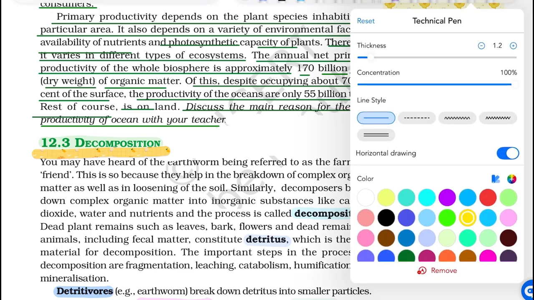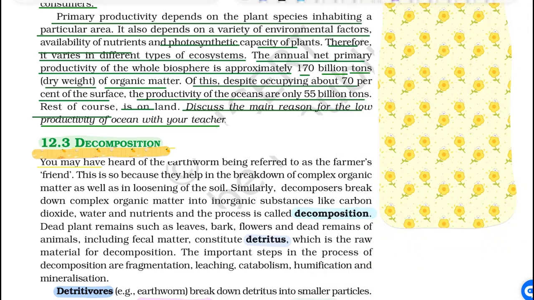Coming to the next heading, that is decomposition. You may have heard of the earthworm being referred to as farmer's friend. This is so because they help in breakdown of complex organic matter as well as the loosening of soil. Similarly, decomposers break down complex organic matter into inorganic substances like carbon dioxide, water, and nutrients, and the process is